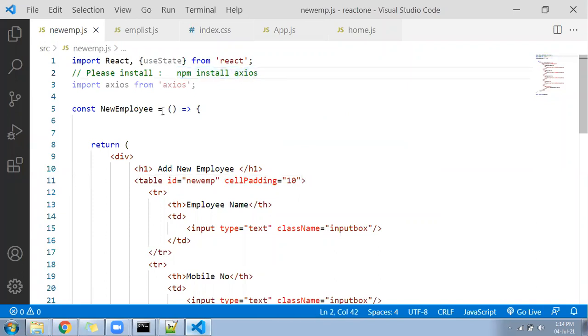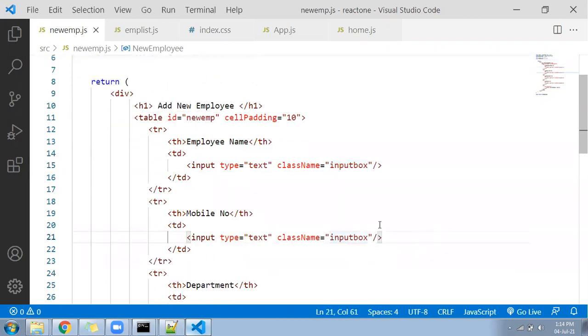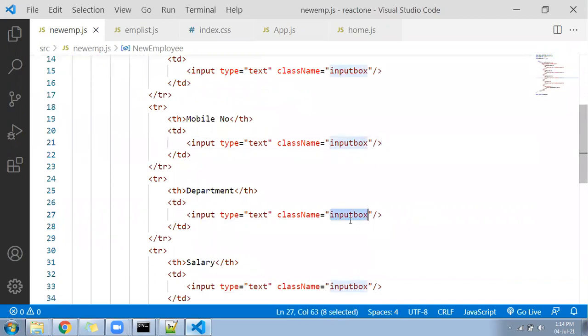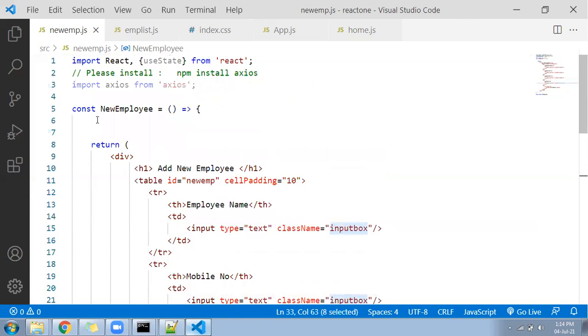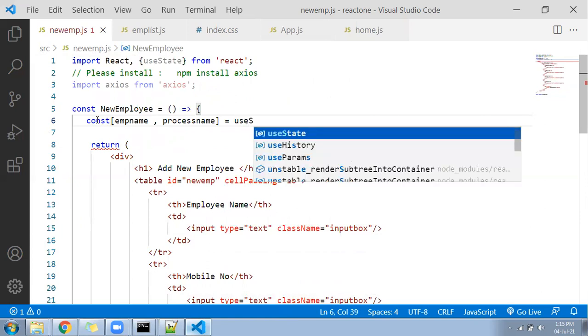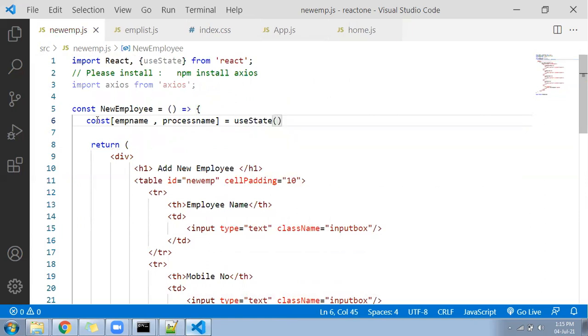Right? Now let's go ahead. useEffect we have already, useState we have called already. Now we need to create the constants. For what purpose? One constant to take the name, another constant to take the mobile number, another variable to take the department, another variable to take the which one? Salary. Correct. So for that, since it's hooks, you have to create the constants here. Const empName, comma setEmpName, equal to useState and just give it as empty.